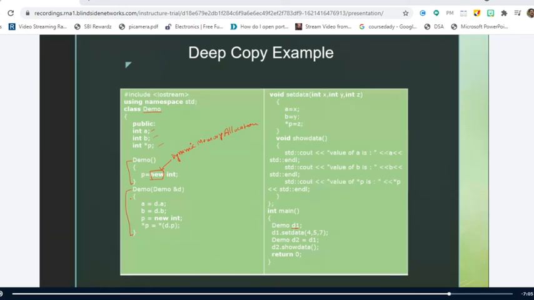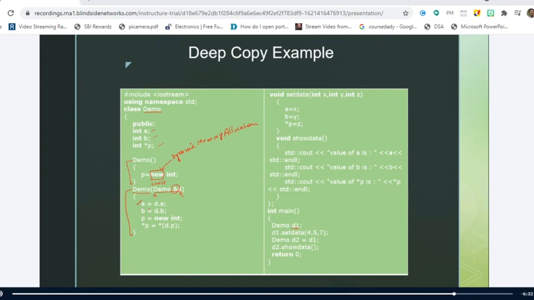Right. Now tell me, what is this function called? Copy constructor. Demo is the name of the class, therefore this function is called the constructor, and in order to classify what constructor it is, we have to go with the parameters. The parameter is, we can include const also, nothing wrong in it: const Demo &D. I am using the class name, D is the old object, and I am using a reference here.